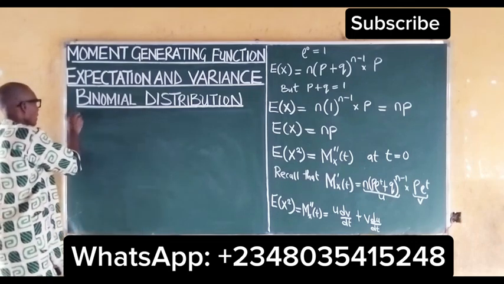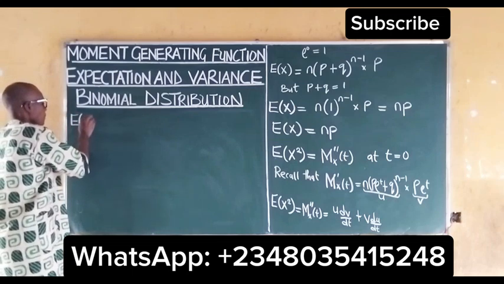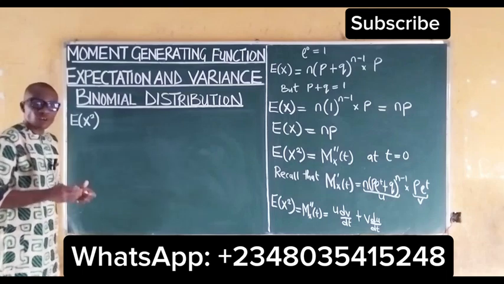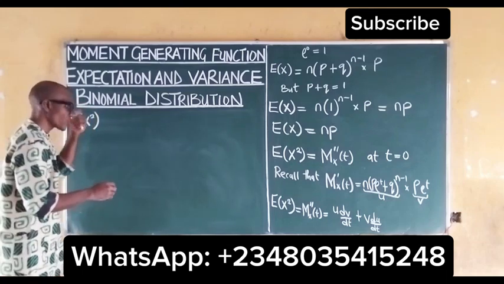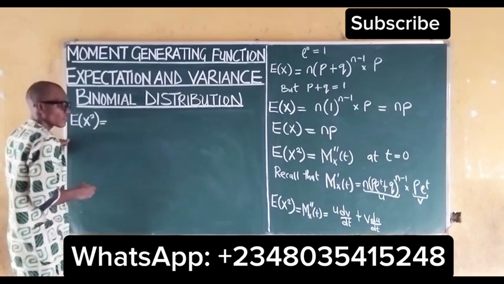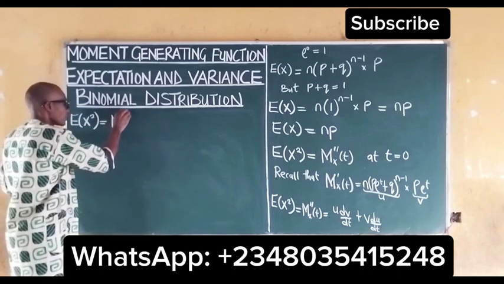Now, we have that our expected value of x squared, which is the second derivative of the moment generating function,